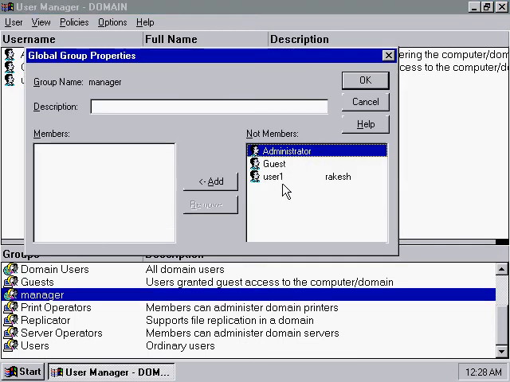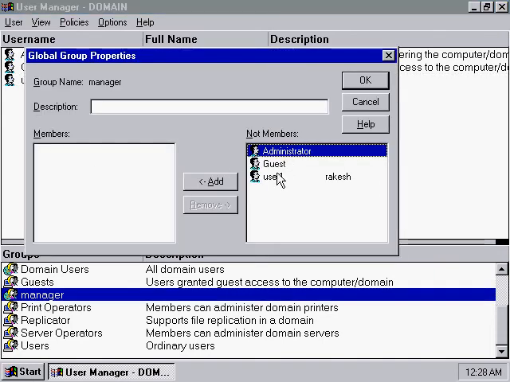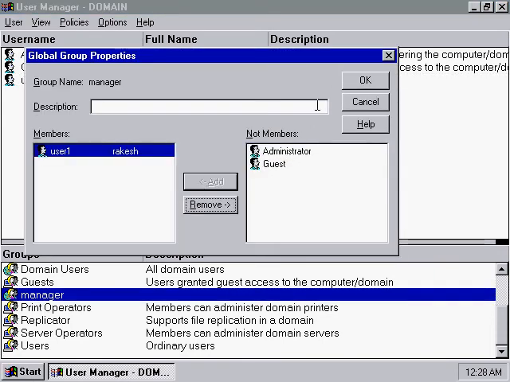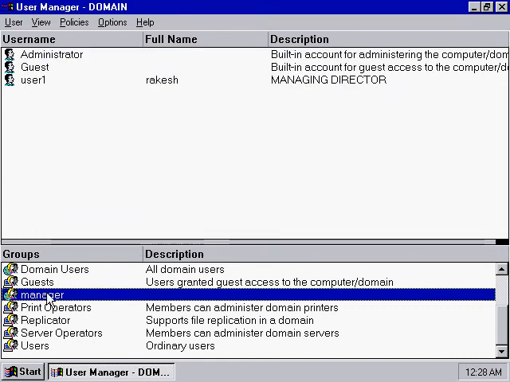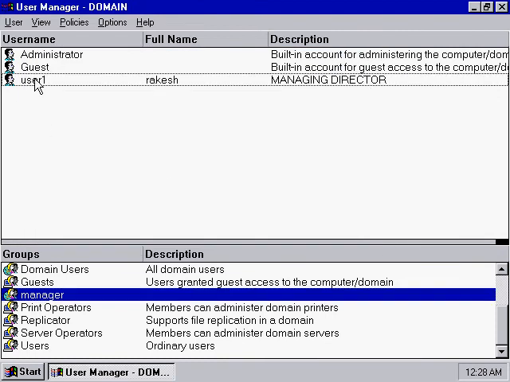To add or modify, you can click on manager once again and to add user, click add. Now user1 is a member of manager group.